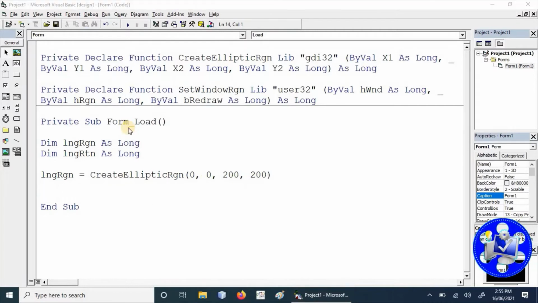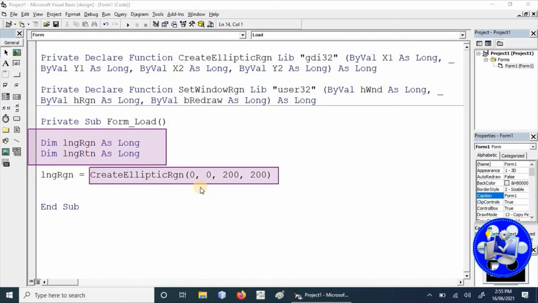Here we can see that first of all we have created 2 long type variables, and then we are putting a call to the CreateEllipticRgn API by providing parameters.